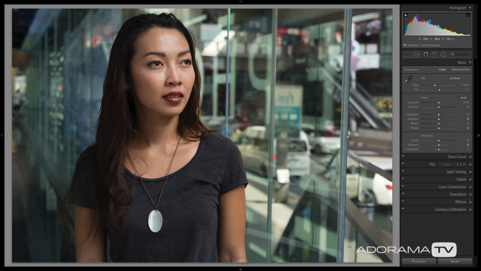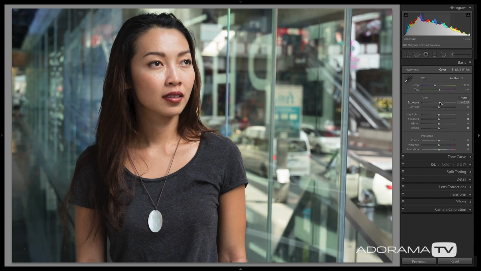It's really nice. The other thing we need to do is set our exposure. Now this is a pretty good start, but I think it's a little bit overall underexposed, just a hair. So I'm going to drag this slider to the right. Now notice this is a global change. It changes everything, the entire image. So I'm just going to change this by about plus 25, a quarter of a stop, just to brighten it